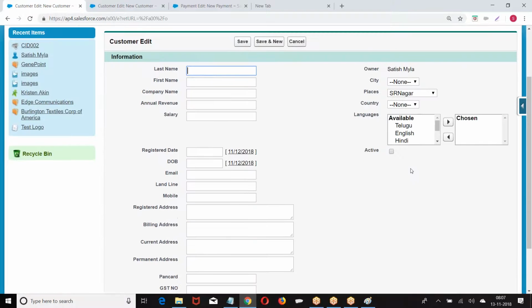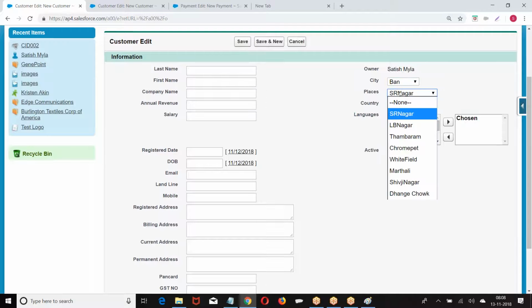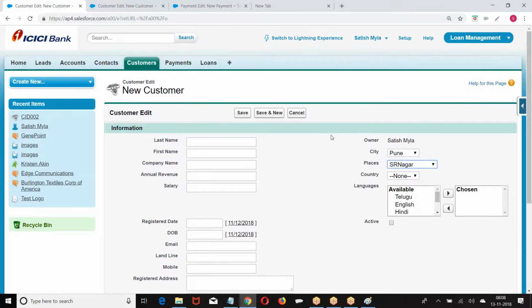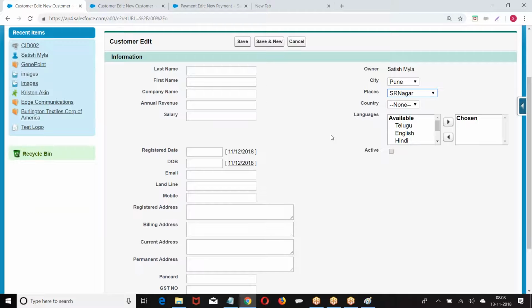Now, look at this. My point is, I have created all the fields, but the point here is, if I select the city as Bangalore, I have to get only the Bangalore places, Whitefield and Marathahalli. If I choose Chennai, I have to get Tambaram and Perungudi. If I choose Pune, I have to get the corresponding places of Pune, Shivajinagar and Dange Chowk. Based on the city I selected, I have to get the corresponding options. If this is active, only Hyderabad and Bangalore should be displayed. If it is inactive, then Pune and Chennai should be displayed.